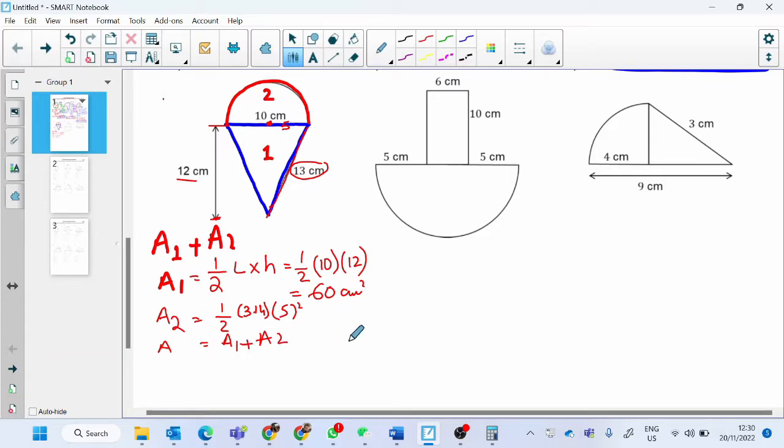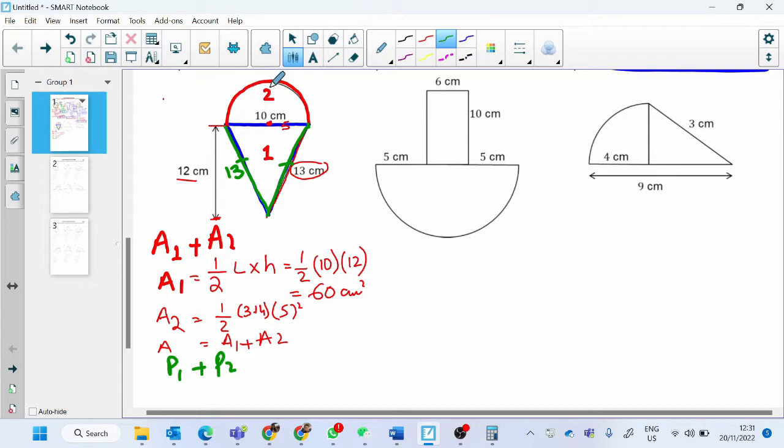Similarly, you have to find the perimeter of this shape. So the perimeter will be P1 plus P2, and the perimeter of the first one is this length, right? And then we need this length as well. If it's a semicircle here, then this length and this length should be equal. This is also 13. So the perimeter of the first shape would be 13 plus 13,